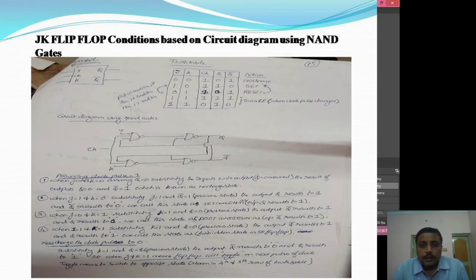So here, when both J and K along with the clock pulse change, then we will get a toggle. That is, when the clock pulse changes, the outputs Q and Q bar are going to keep on changing as per the clock pulse. So if Q is 0, Q bar becomes 1; if Q bar is 0, Q becomes 1. So like this there will be a toggle. So this we will call the JK flip-flop. The JK flip-flop comes because there is a forbidden state in the SR flip-flop. In order to overcome that, there is a JK flip-flop.